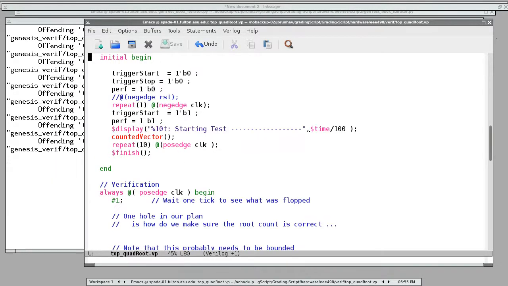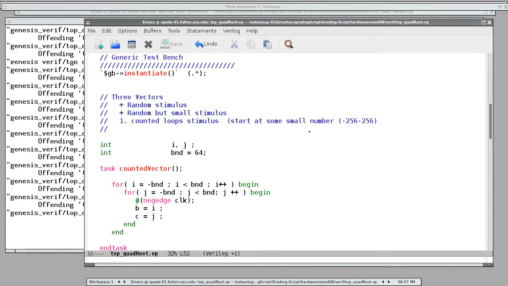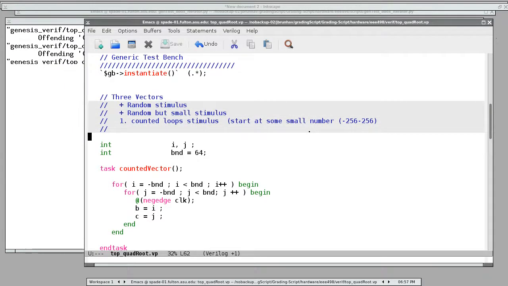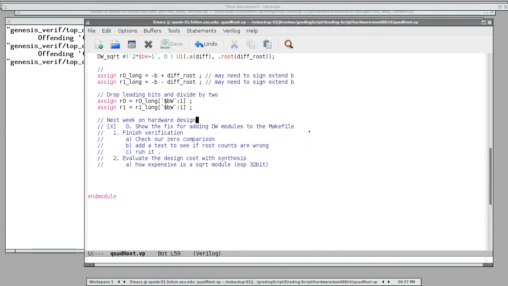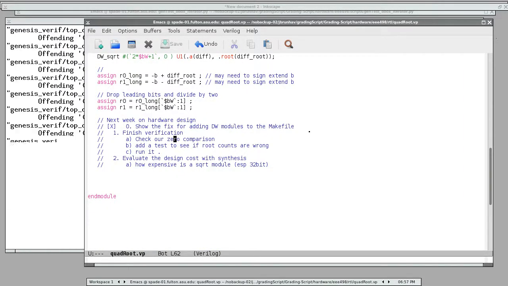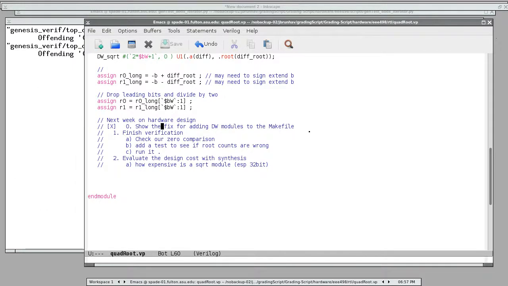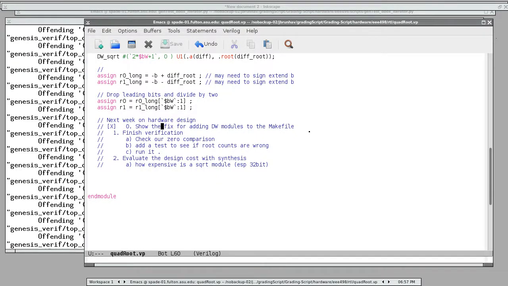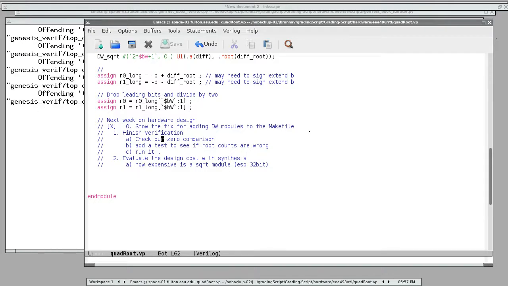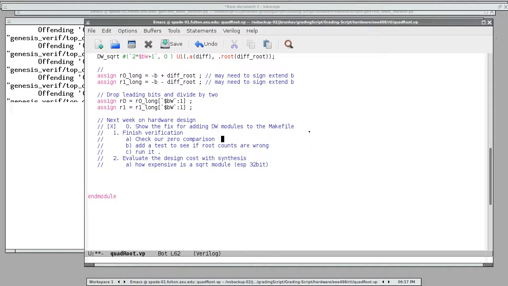And so we want a random, full random stimulus. Okay, good. Where's my notes? Okay. Check our zero comparison. So I think we're still at this point. So we fixed some things. So we saw some typos. We printed things out. We double checked that it worked. We kind of got the display working. The real issue was our zero comparison. It was a little overly sensitive, in that you can't say that it's exactly zero. So this is sort of done,